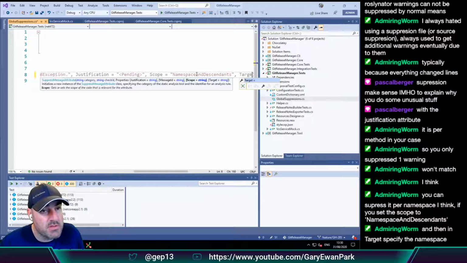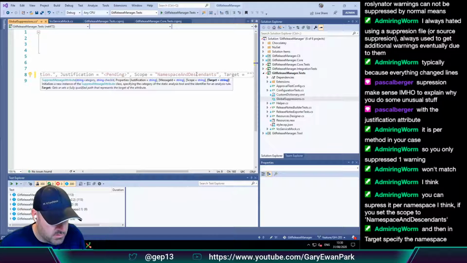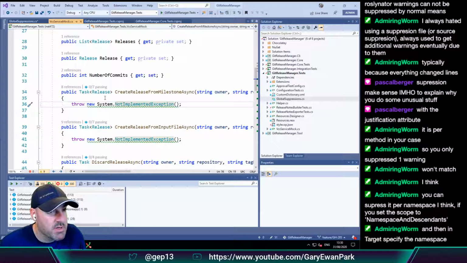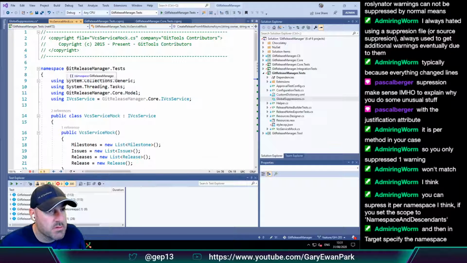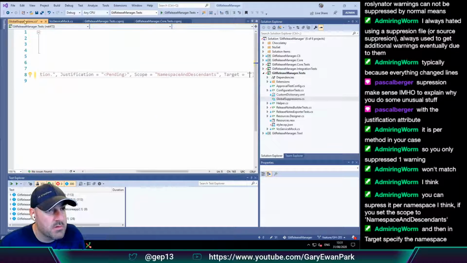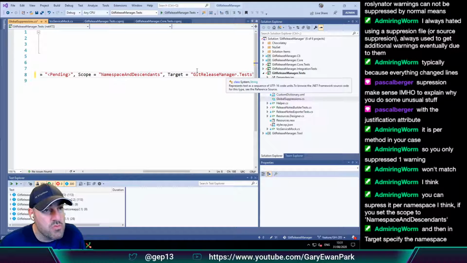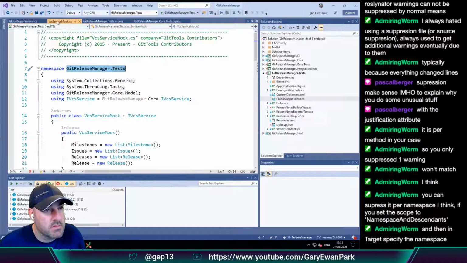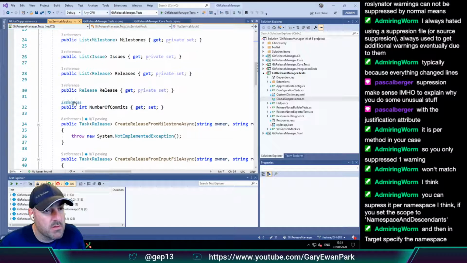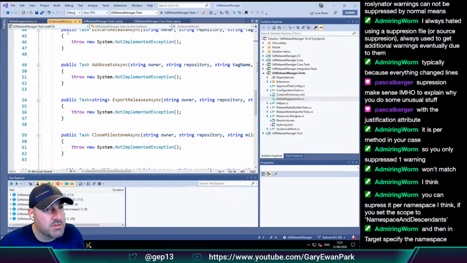And then in the target, you want me to make that the namespace. So the namespace was this one. Let's see what that does. Oh, look at that. Genius.